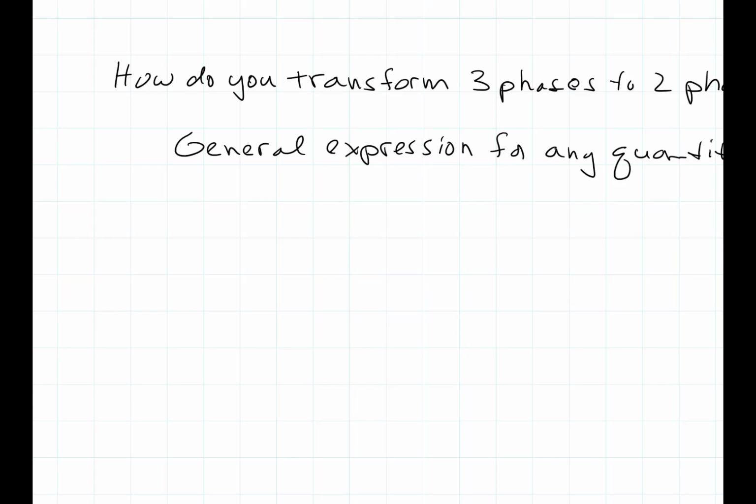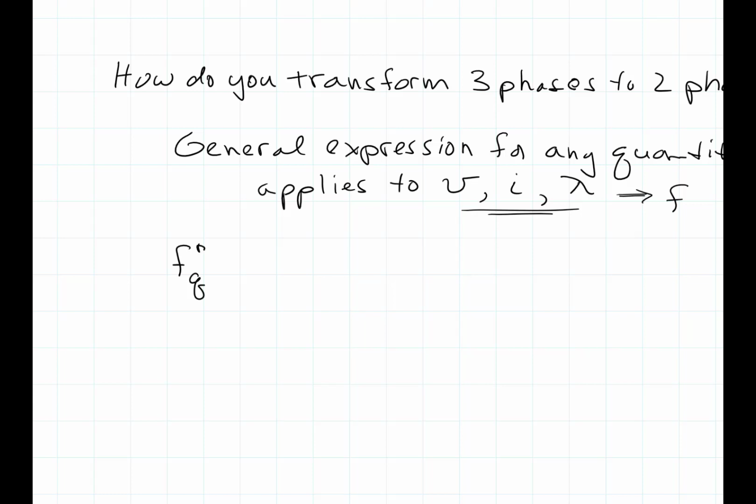This expression could apply to the voltages, to currents, and to flux linkages. So we're going to say any one of these three things is being represented by F in this expression. And so I have an F sub q,